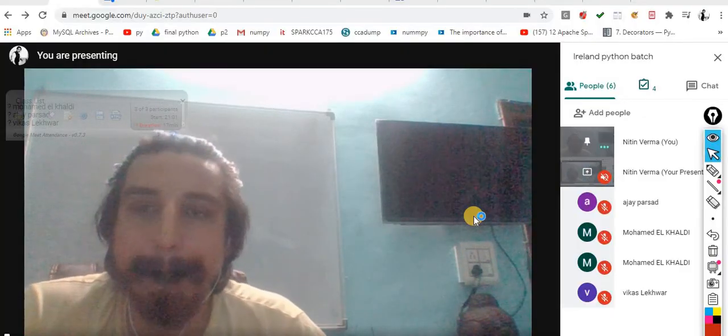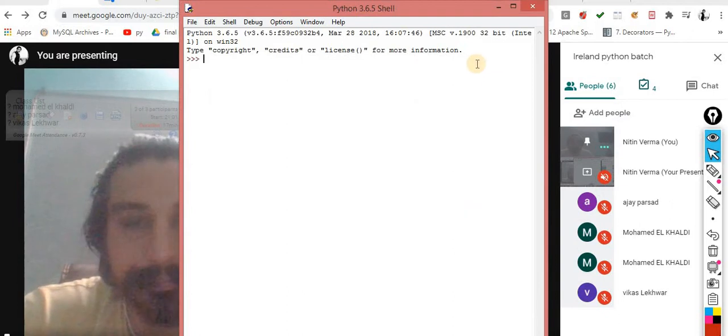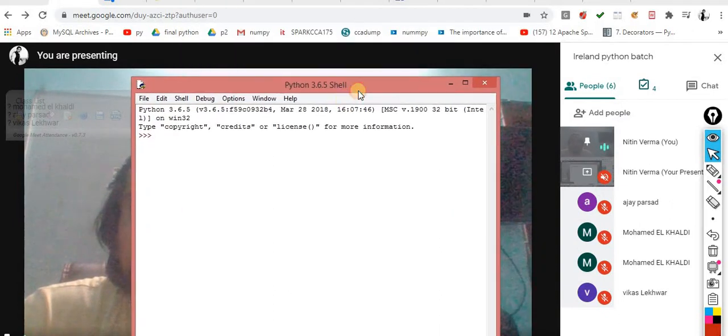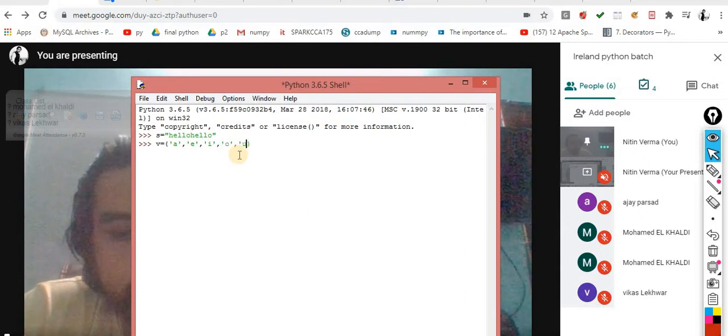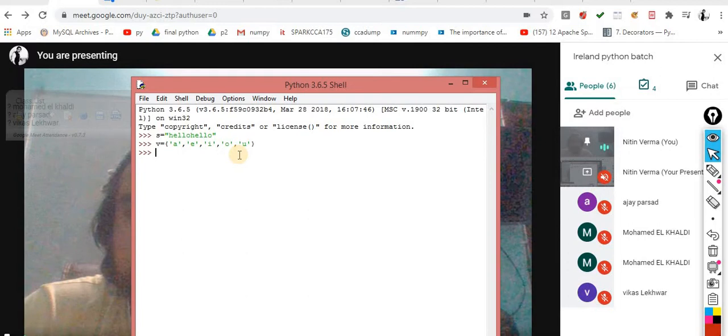IDLE. Okay, so the program is to find the unique vowels from a given list. S is equal to this one, HELLO, this is the data. My V is this one, which contains the set of A, E, I, O, U. So this contains the vowels.